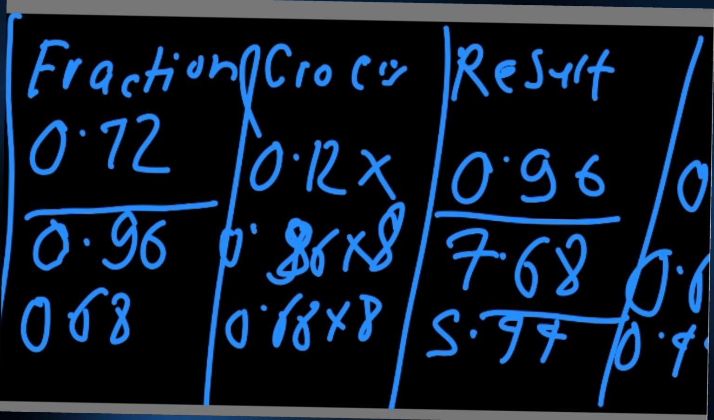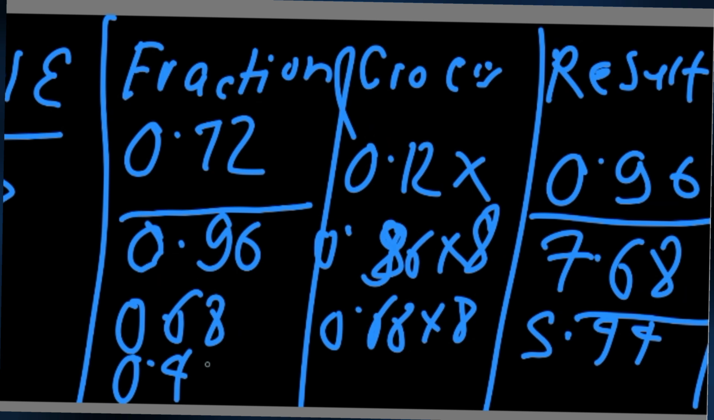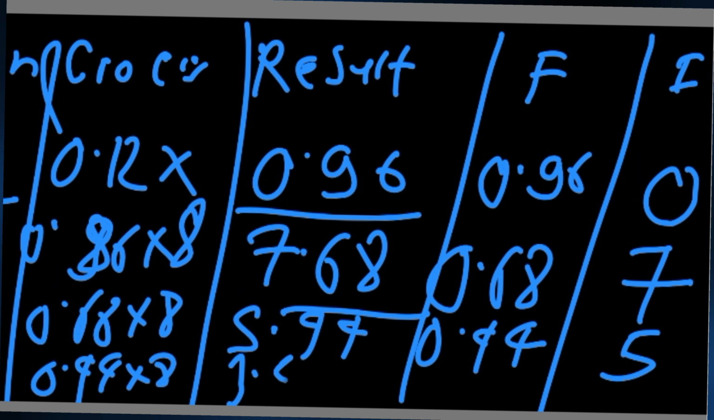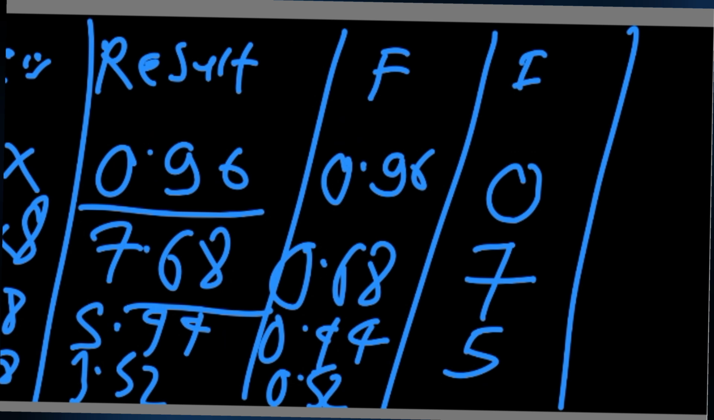Let's again multiply 0.44 with 8, which is the base number, and that will give us 3.52. So 0.52 multiplied by 8 would give us,